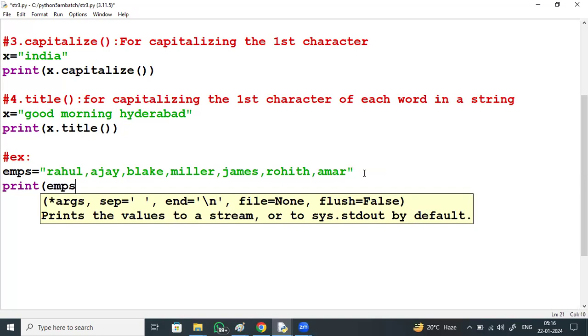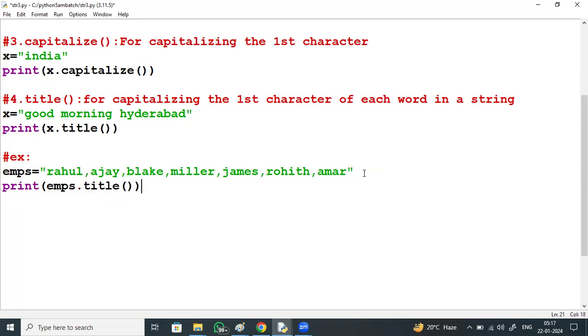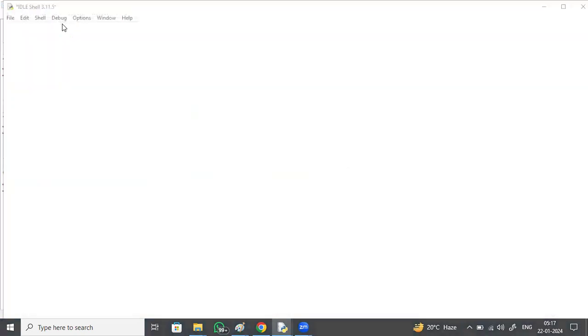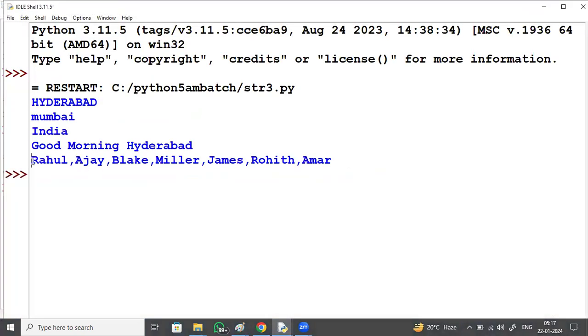EMPS dot title. Rahul R in uppercase, Ajay A in uppercase, Blake, Miller, James, Rohit, Amar. Each and every employee name, first character in uppercase.